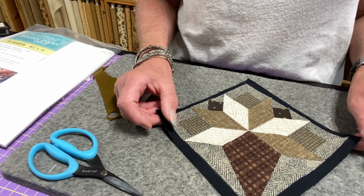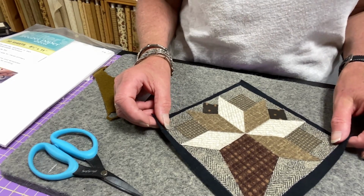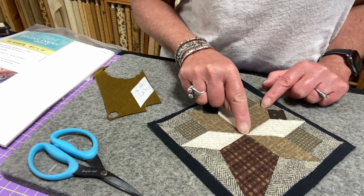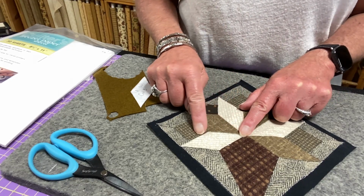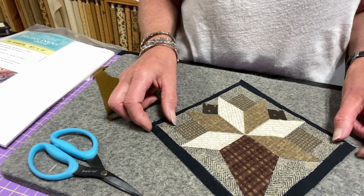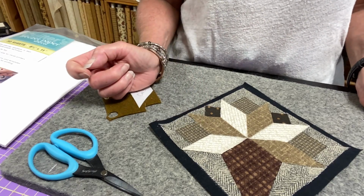Today's block on Scrapshot sampler is known as the nosegay block. This is one of the blocks in quilting that's a little bit difficult because you have these fun Y seams that come together, which make it a little bit more difficult. So there's more pieces to this particular block in our sampler quilt as well, but it's easier to put it